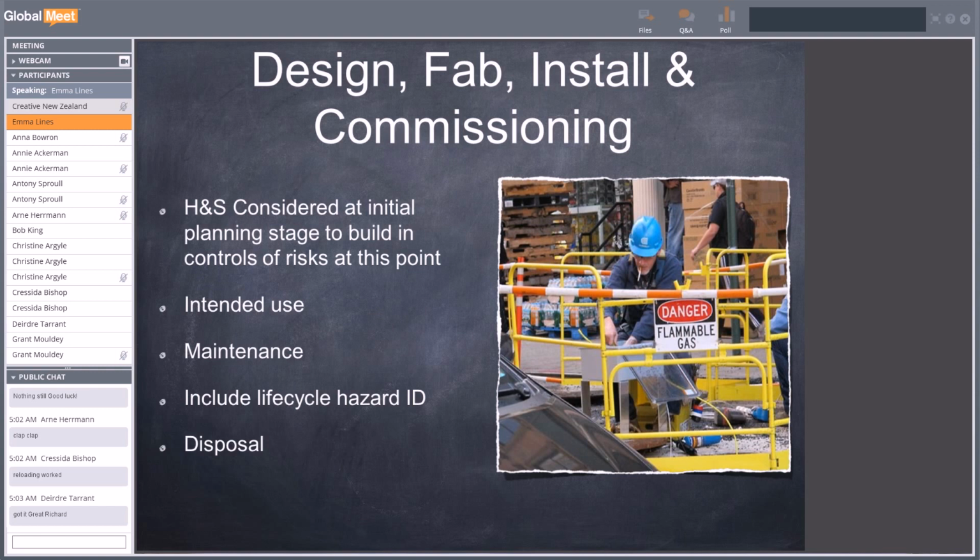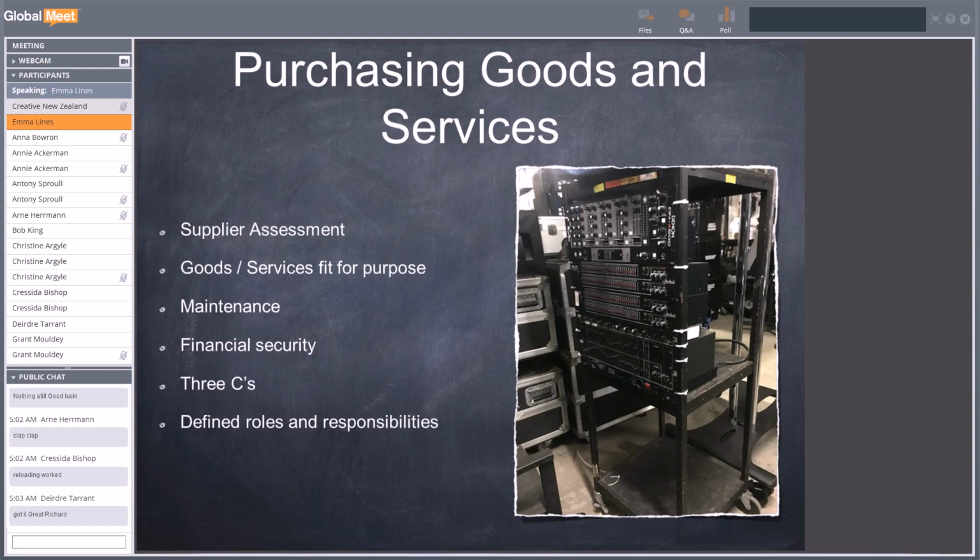if you're designing and fabricating something, and that's the same for any industry. That's actually building and designing something. You actually need to make sure that every step of the way you're applying a health and safety view around, are we introducing risk every time we make this change or do this particular action. Purchasing goods and services we've discussed. One of the things there is the financial security of the organisation you're buying from. You want to make sure that they can uphold their end of an agreement should